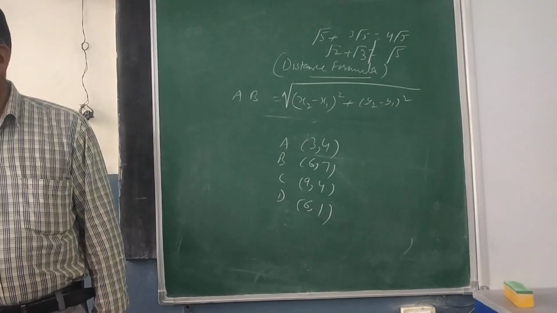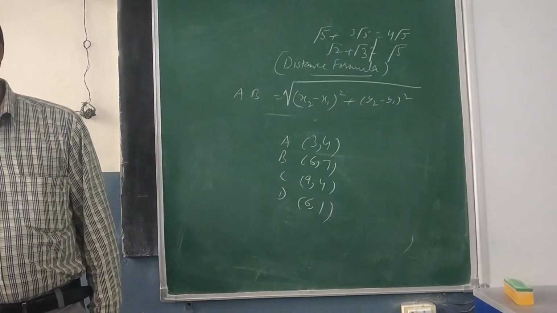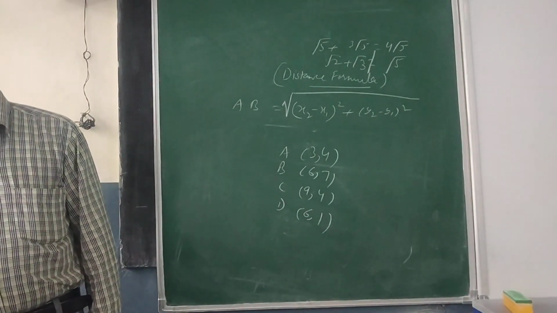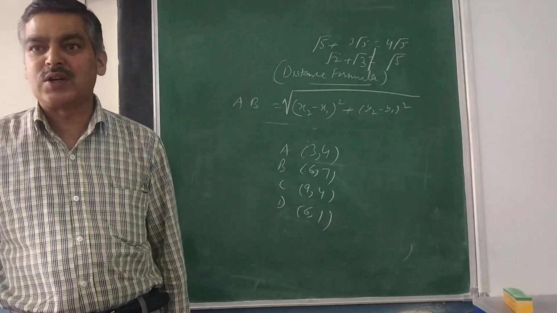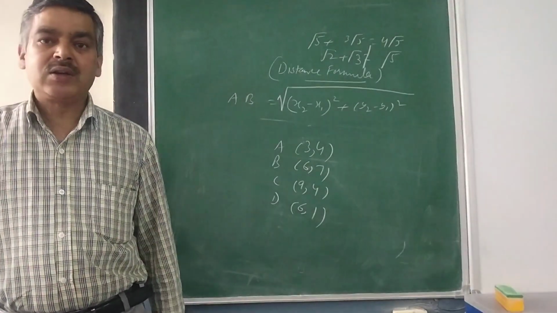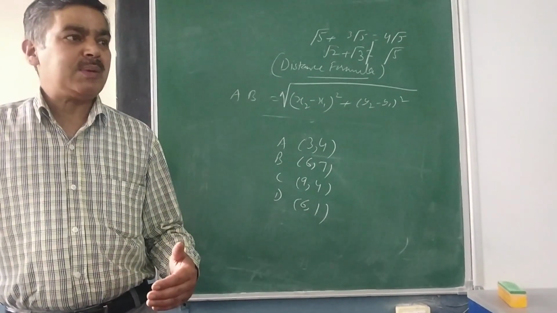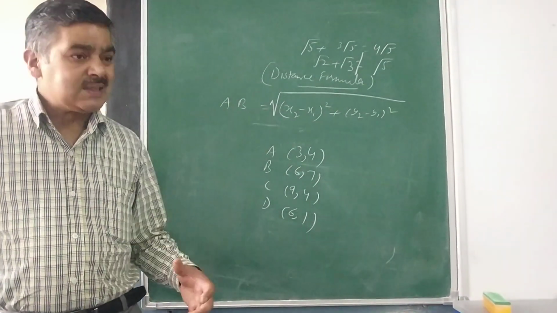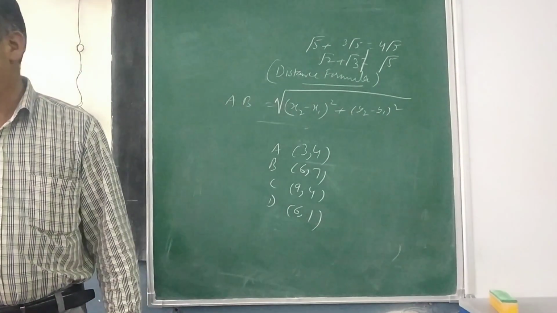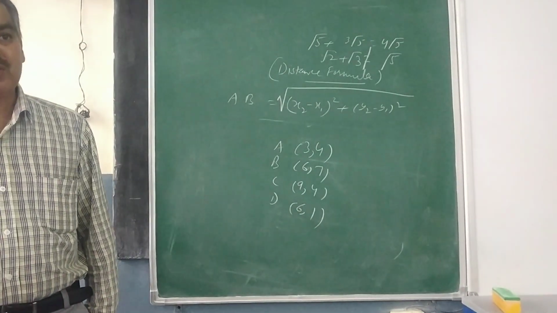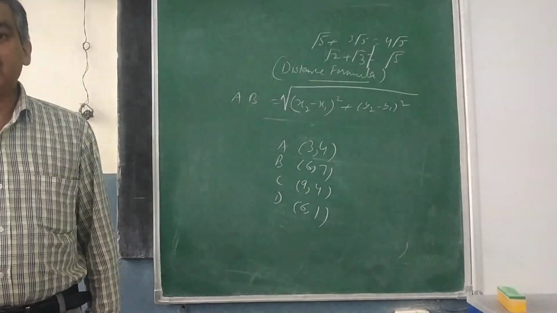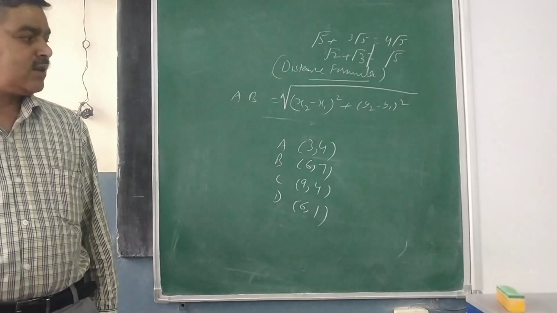So similarly, you can try your question number 6. Again, name the type of quadrilateral formed, if any, by the following points and give reasons for your answer. Simply you have to plot these coordinates. Very simple task you have to do here, use graph paper and then check the types of quadrilaterals. You know, parallelogram, kite, maybe a trapezium, or square or rhombus or rectangle. So all the members of the family of parallelograms you have to identify, and then you have to give the reason for the same.